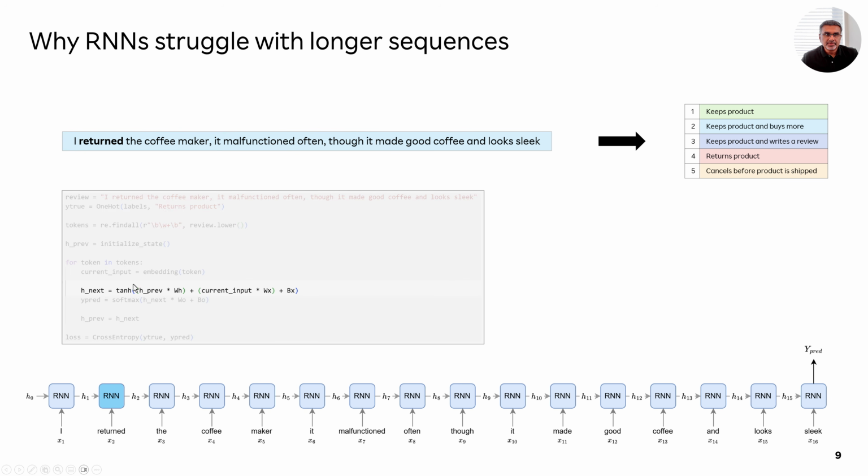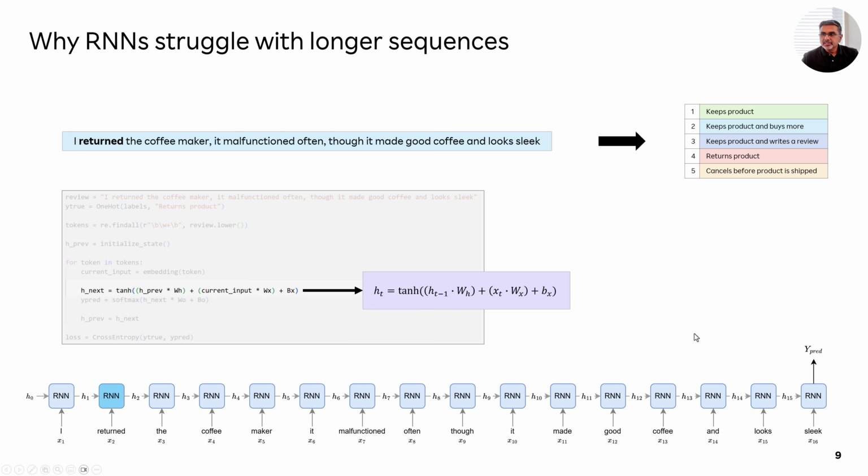So let's focus on just this part here. The context that is flowing through the recurrent neural network across all the tokens in the sequence goes like this. The current context, let's say H2, is a function of tanh of the previous context H1 times the weight matrix, plus the input value and the input weight matrix, and so on. So this is essentially the formula. You can see that the current value is dependent on the previous value this way, and it goes through a tanh function.